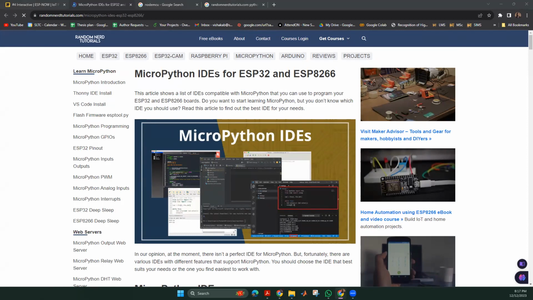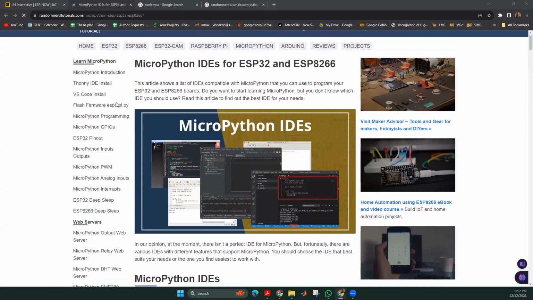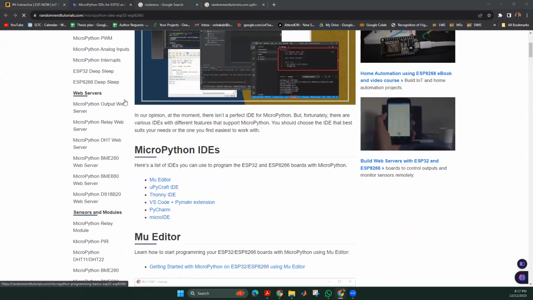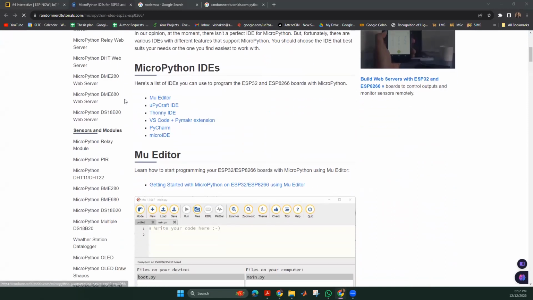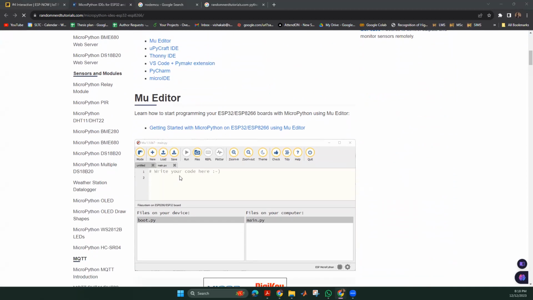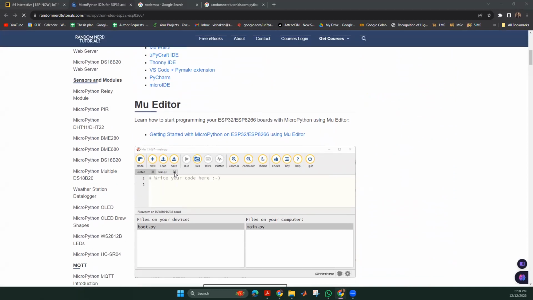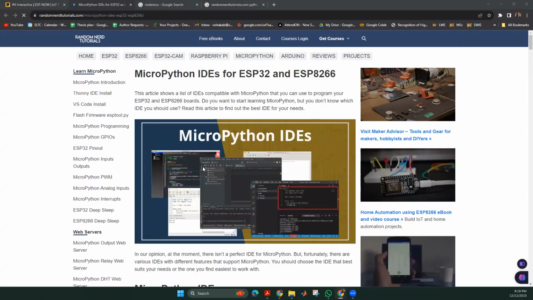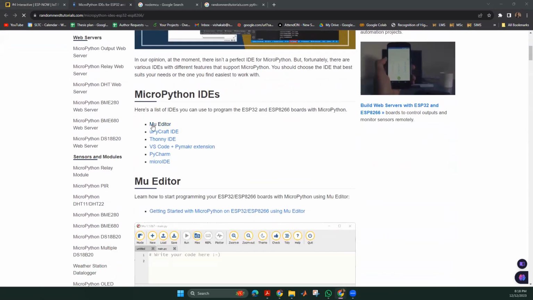So apart from all that I have discussed, there's this web page that you can use to install the different IDEs that you use to develop the code, right? So for doing the IoT project in this module also, you can use any of these IDEs that are mentioned here.